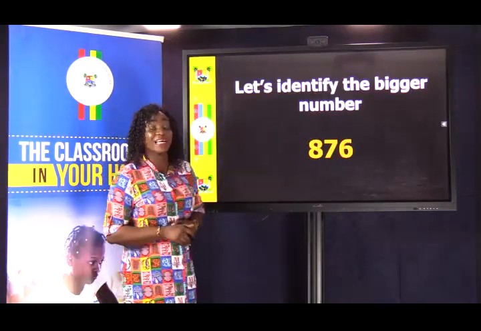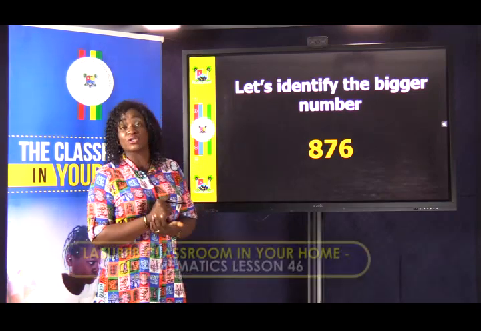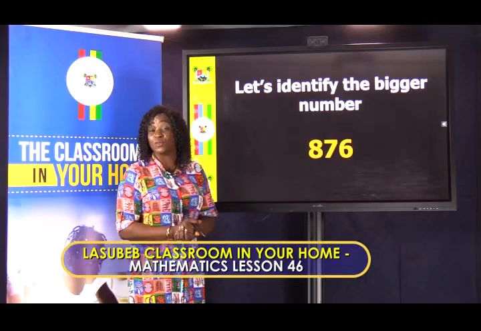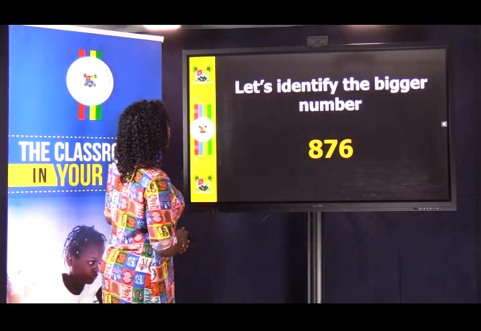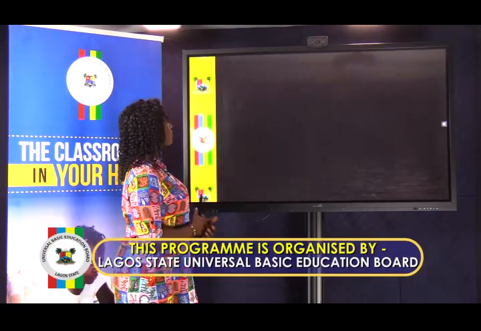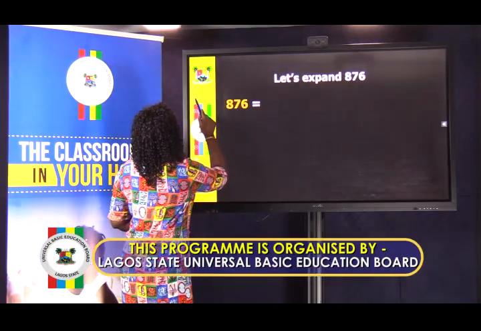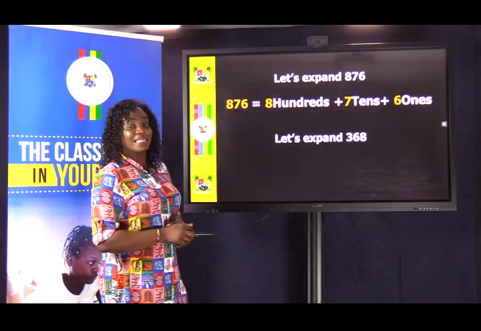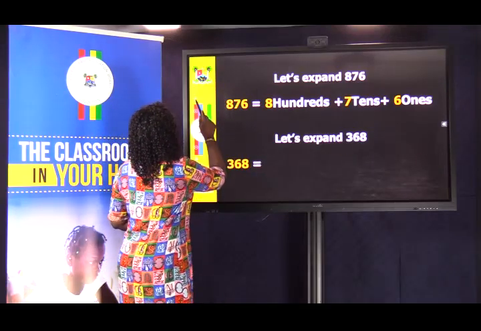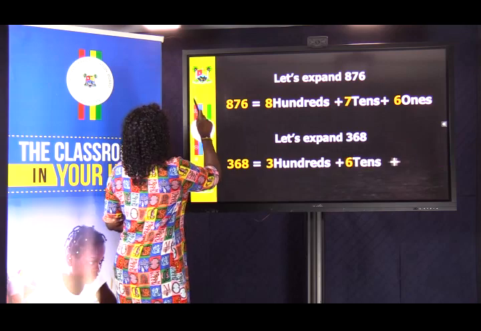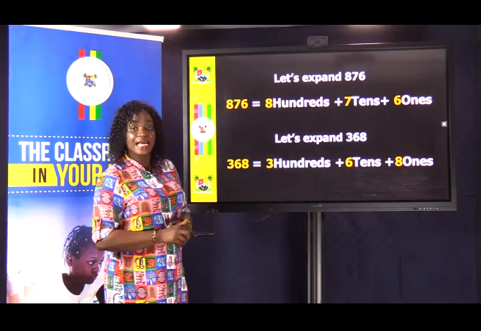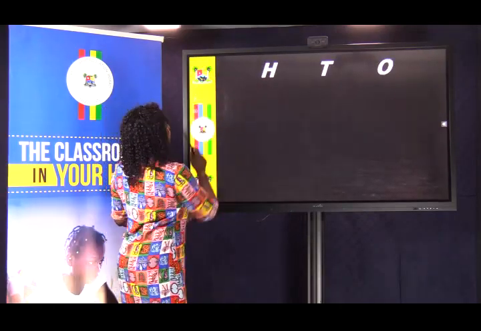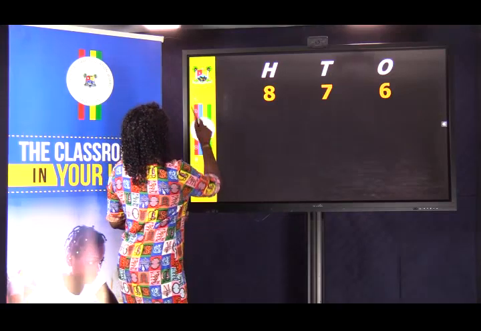So let's identify the bigger number. Very important in your subtraction. Yes, you must identify the bigger number because you are subtracting the smaller number from the bigger number. Our bigger number is 876. So let's expand. We have 800, 7 tens and 6 ones. Let's expand 368, the amount he gave out. We have 300, 6 tens and 8 ones. So let's subtract under hundreds, tens and ones. We have 876 minus